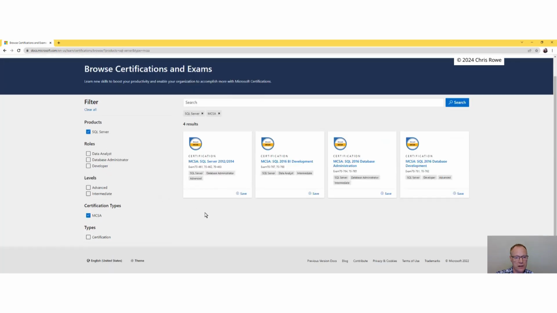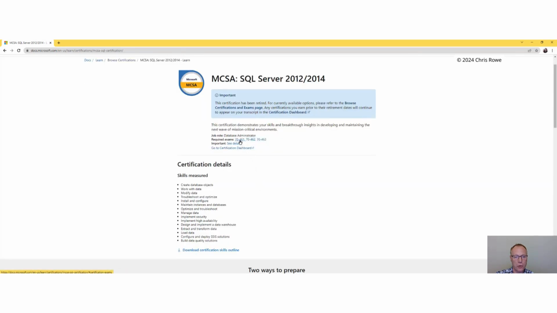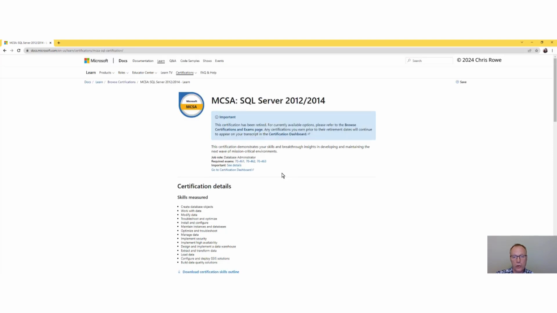So the MCSA. MCSA, this is the one I received. This is one I went for back in the day. If we click on that one, you can see that there's quite a few exams required. So 1, 2, 3 exams for that one. And you can see the amount of skills measured. So normally you're looking at a 1 to 2 years sort of minimum before you went for that.